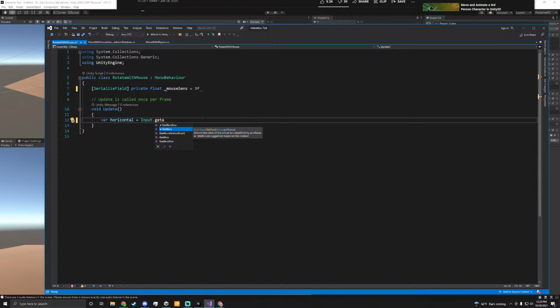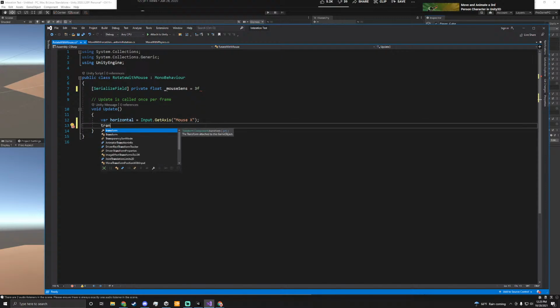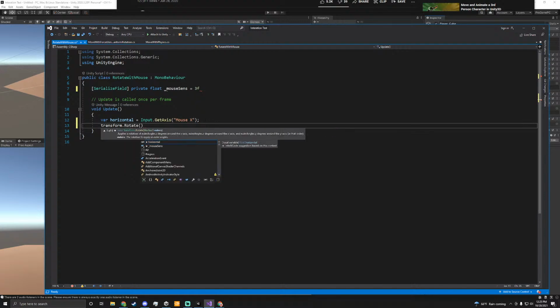This axis. So let's say it was the mouse. Then he told it to go to the transform. Rotation on the x-axis. The x-axis is going to be based on